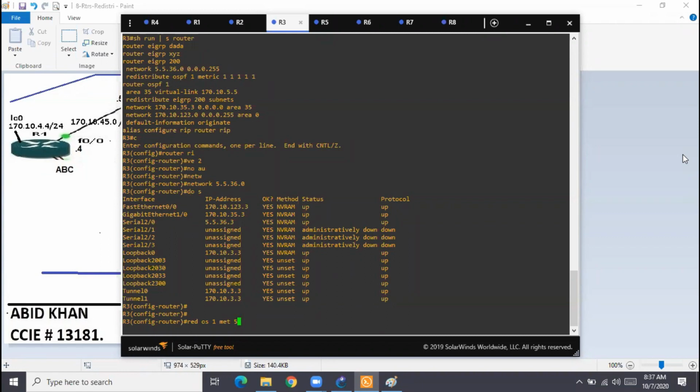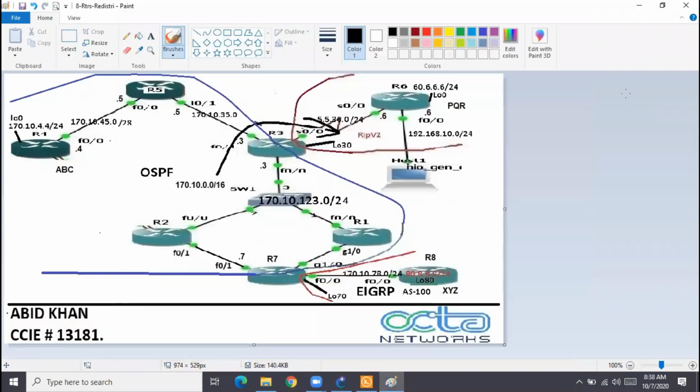So if I put 5 now, how will the routes be visible on R6? What will be the metric on R6 as per this diagram? I am putting metric 5 on R3. So what will be the metric on R6? 5 only, because that is what R3 will send. When R6 forwards the route further, let's say behind R6 there is one more router, on that router it will become 5 plus 1.